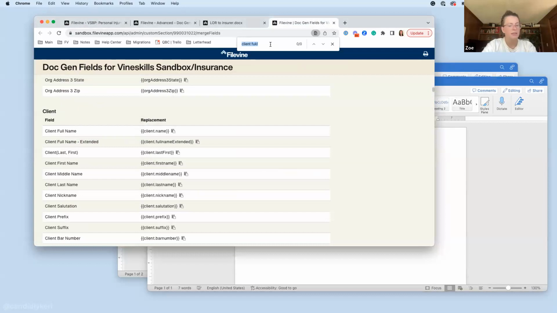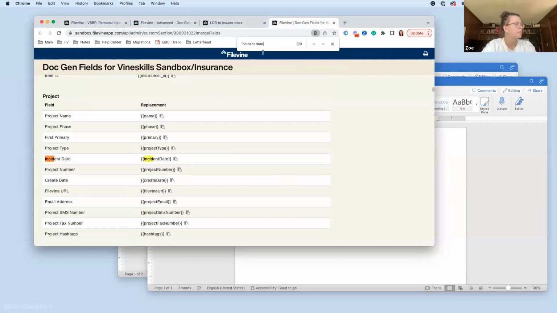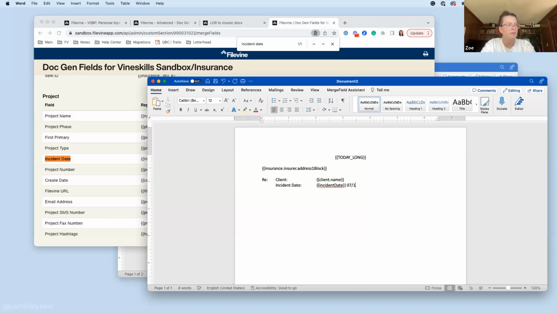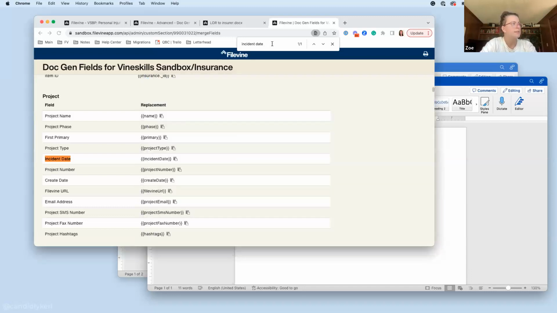And then incident date. Just this incident date as this current format. So similar to today long versus just today, this is going to give you that breakdown this way. If you wanted it to be the long version, the spelled out version, it's going to look like this format here. And this is always referenced here. If you search